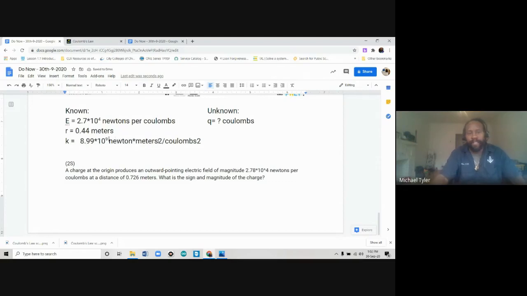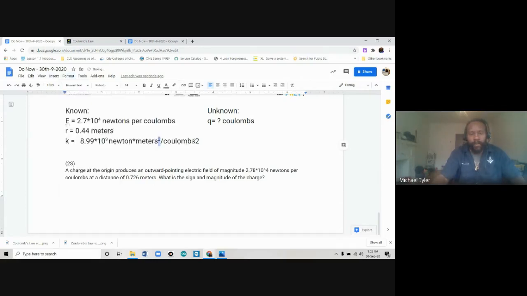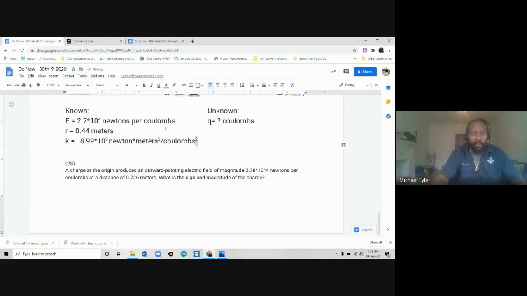And don't forget to change your values, right? So that 2 is not meters 2, it's meters squared. And this is not coulombs 2, this is coulombs squared. Okay. So everything looks better. Next part is, of course, the equations that you need to put into your calculation. So Lisa helped us out with that as well. So let me put this down here and then expand it so you can see it a little better.